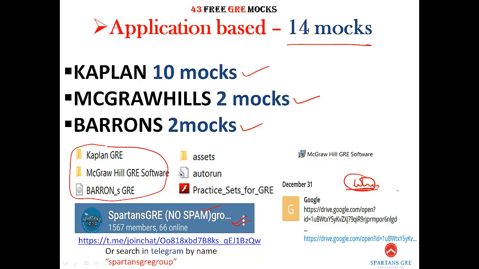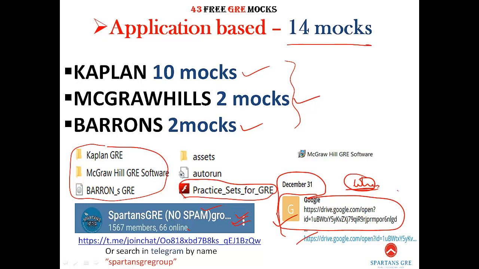And once you join this group, if you go to the file section, you can see this Google link. This Google link is posted today itself on December 31st. So once you go here, you can click this link and you can download these applications. And this group is the proof for you to say these all applications are not virus, right? These are authentic mock tests. So even before trying to download this, you can post in the group or talk to any persons in the group whether these are authentic or not, because many people have downloaded these softwares. You can also ask the people in this group as well.